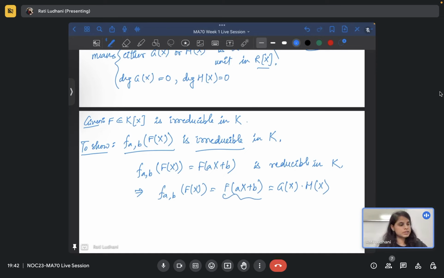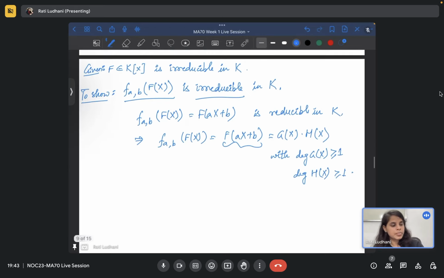So you have g(x) and h(x) with degree of g(x) greater than or equal to 1, not 0, because if it is 0 then it is a constant and this is a unit since you are in a field. So degree of h(x) is greater than or equal to 1. So you have these two properties. Let's say this is reducible, and now what does this mean? This implies